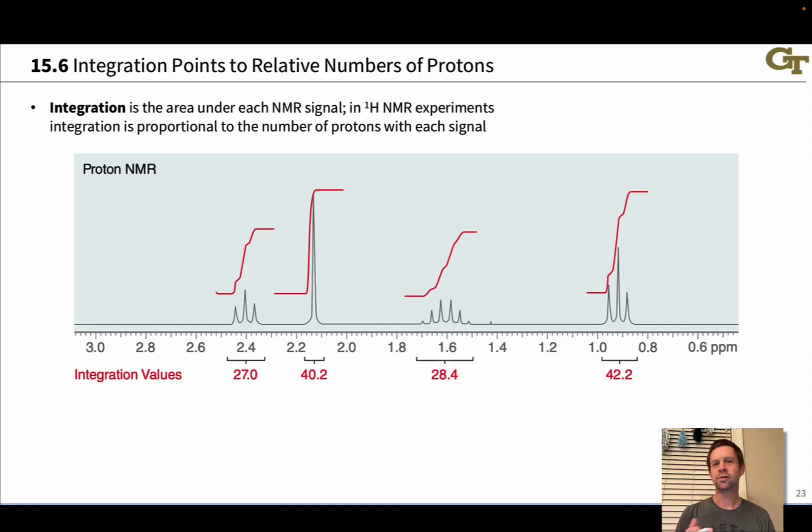The area under each signal in a proton NMR spectrum gives us a sense of the number of protons responsible for that signal. And this is very valuable information. It can help us distinguish between CH3, CH2, and CH groups, for example. And as we'll see in a bit, it can also help us detect symmetry in the molecule when the integrations